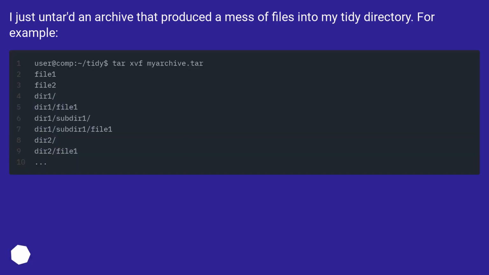Undo tar file extraction mess. I just untarred an archive that produced a mess of files into my tidy directory. For example,